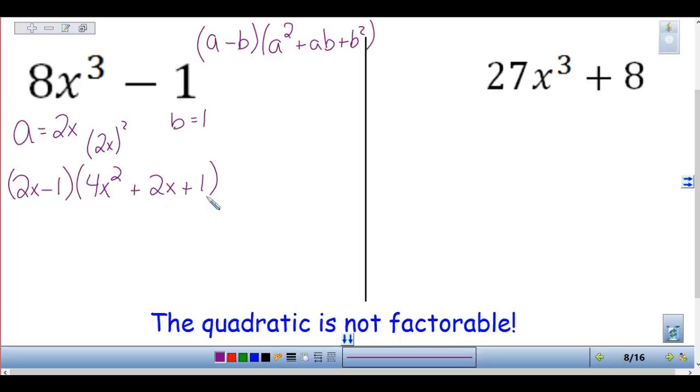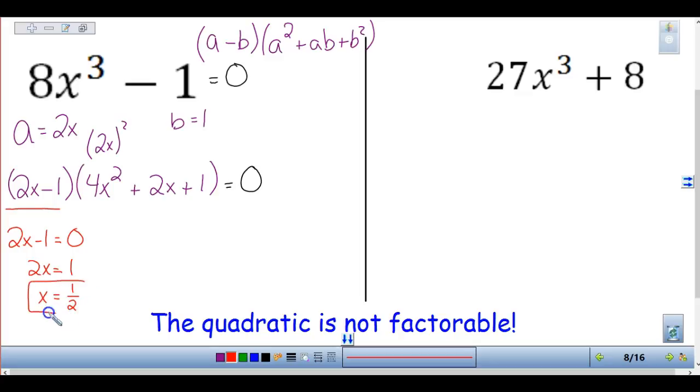With this, let's set this equal to 0 up here so that we can set it equal to 0 down here. All right, so now what we need to do is this part, we can just set equal to 0. So 2x is going to equal 1, or x is going to equal a half. Okay,